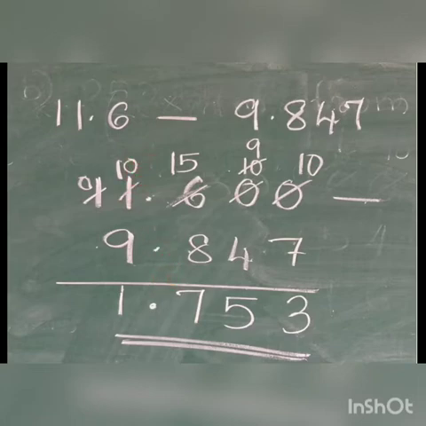Now checking your answer. 7 plus 3, 10. 1. 5 plus 4, 9 plus 1, 10. Again 1 carry over. 8 plus 7, 15. 15 plus 1, 16. 6 here. 1 carry over. 9 plus 1, 10. 10 plus 1, 11. 1 here. So in this way you are checking your answer. And subtraction, the method is the same itself, but the arrangement of numbers, putting the decimal point and looking at the place value, you have to write down the numbers. That means the place value in each number should be placed correctly and you can subtract.